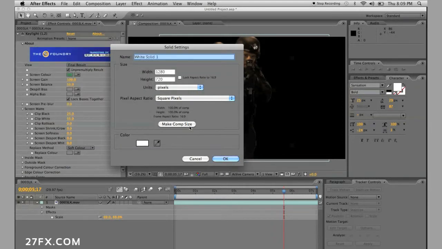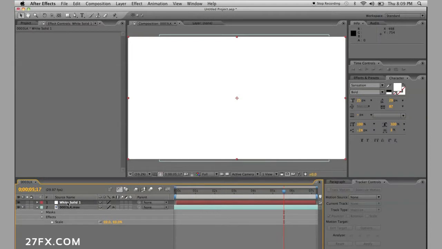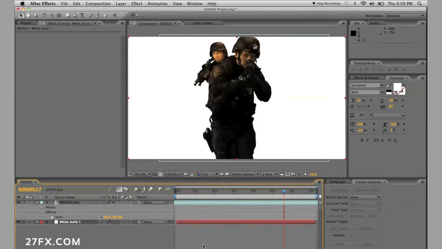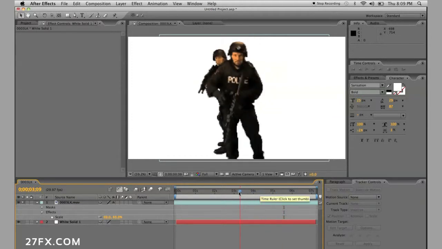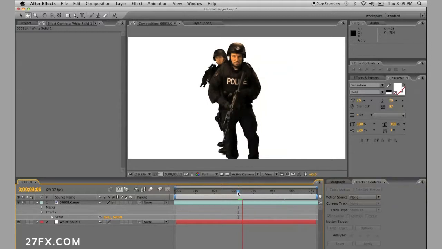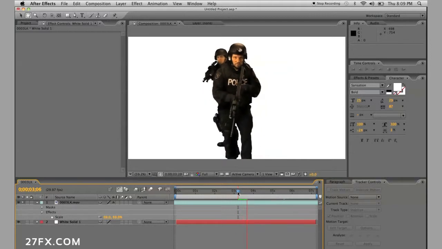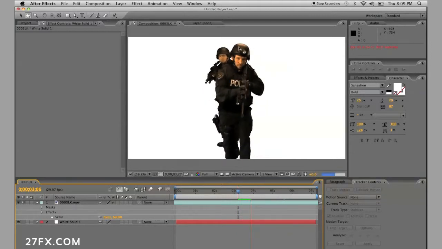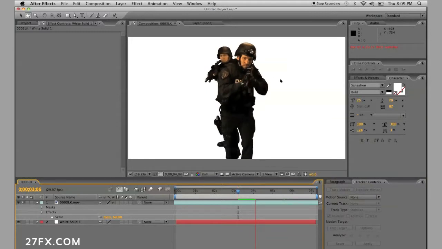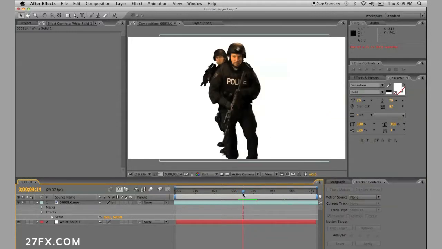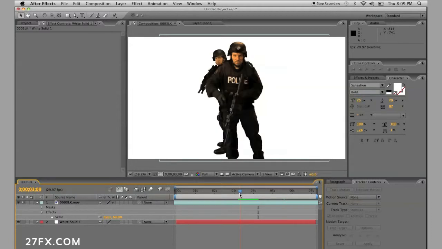Make sure it's comp size, and then throw it down behind. This way you can check for anything that's kind of gotten stuck there. You can kind of see the edges. The biggest thing you want to make sure of is that you don't get a lot of those jagged pixelations around the edge. If you are getting a lot of those, which we're looking pretty clean on this realistically, but